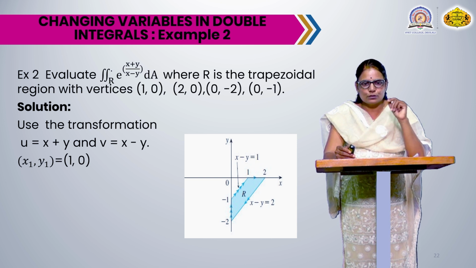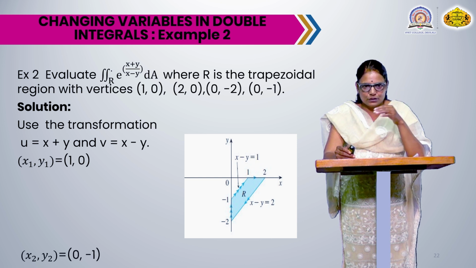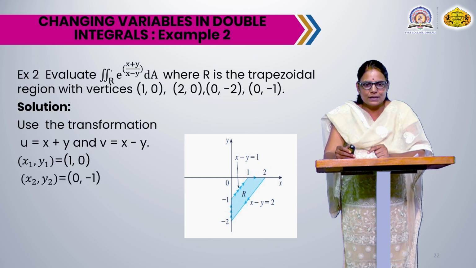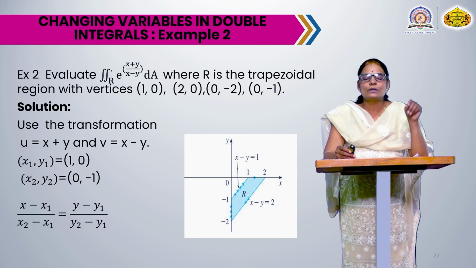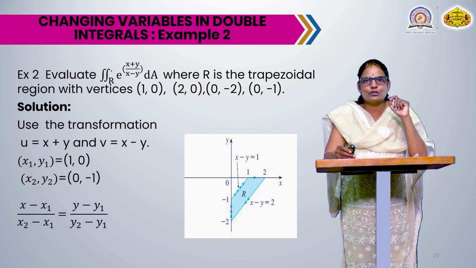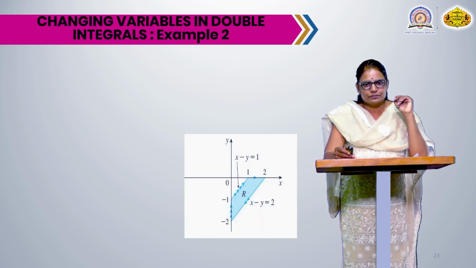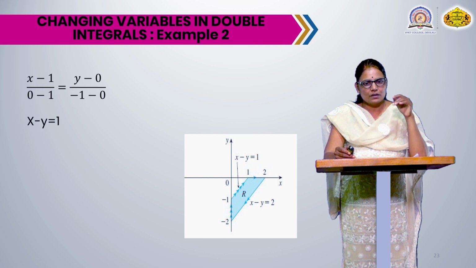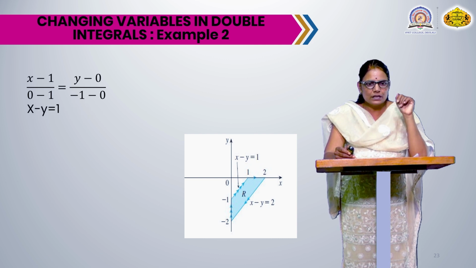1, 0 and 0, minus 1. So for that we consider the first point x1, y1 as 1, 0, and the second point x2, y2 as 0, minus 1, and we know that this is the equation of a straight line passing through the 2 points. (x minus x1) upon (x2 minus x1) is the same as (y minus y1) upon (y2 minus y1). Now put all the 4 values. So after putting these 4 values and solving, we will get x minus y equals 1 as